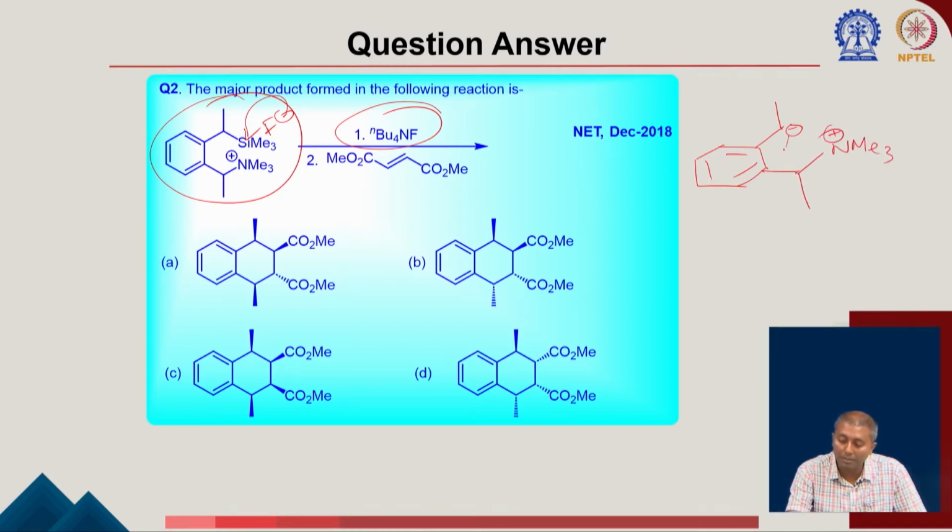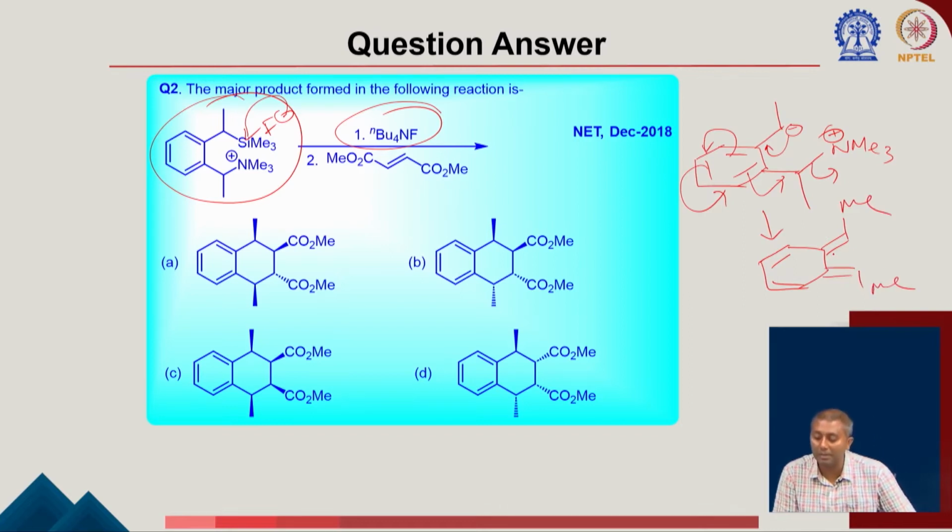What is going to happen? This can dearomatize the ring, get rid of this NMe3, and generate some sort of a diene species here. Of course, we can see a diene here with 2 methyl groups in the terminal position, a symmetrical one. Now if you react it with this,